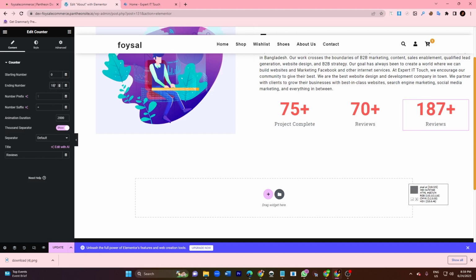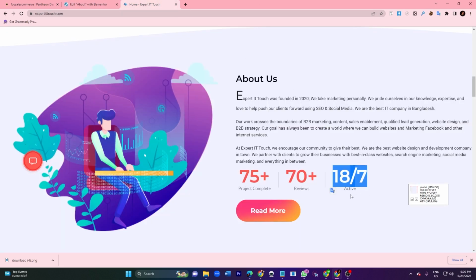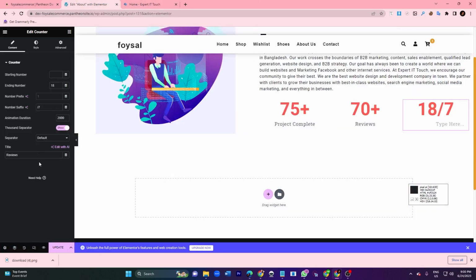Okay, I do actually 18, and click slash over here. I will use 82 as a start number, and 7 will be... actually this is not working over here right now. Okay, now it will work. Ending number will be 18 and 7. This is the active. I will copy it and paste it over here. All right,